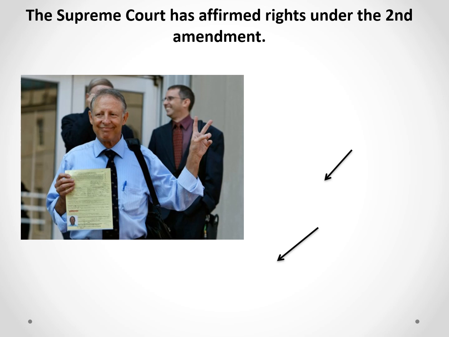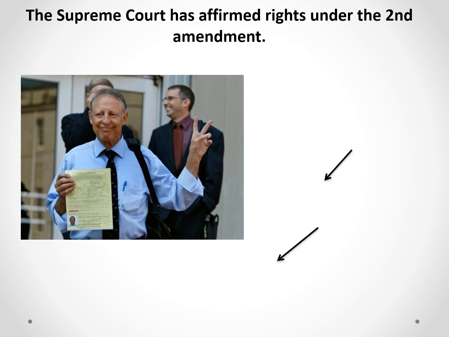So there was a police officer, his name was Dick Heller, and for his job, he was allowed to carry a gun. He was required to carry a gun guarding federal office buildings in D.C., but he was not allowed to have a gun in his home. Heller had lived in southeast D.C. near a public housing complex for many, many years, and he had seen his neighborhood go downhill. It was kind of a drug haven, and he wanted the ability to protect himself and his family.